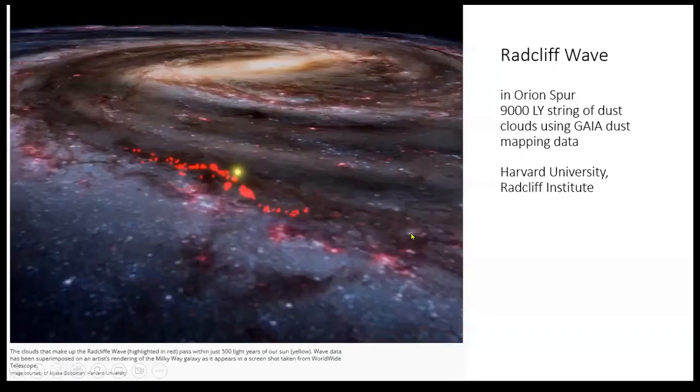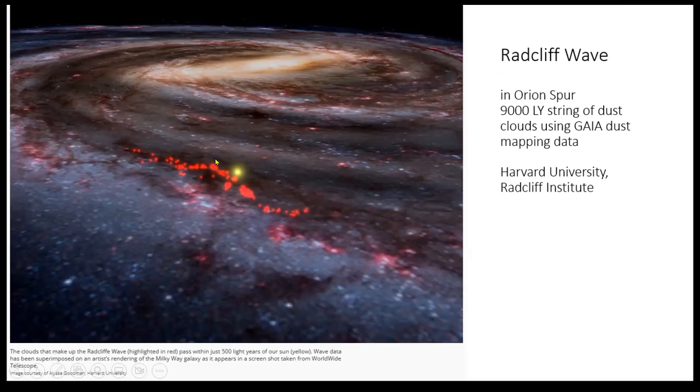So here's that slide we looked at earlier. We're kind of an oblique view looking down on the Milky Way Galaxy. Here's the sun and looking toward the center of the galaxy. Here's our Sagittarius arm. Here's the Perseus arm. Researchers from Harvard have described what they call the Radcliffe wave. It's Radcliffe because it's from the Radcliffe Institute there at Harvard. They mapped out, using the GAIA satellite data, these dust clouds in what they call the Radcliffe